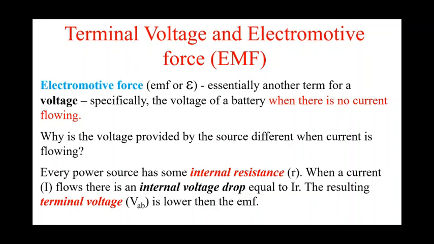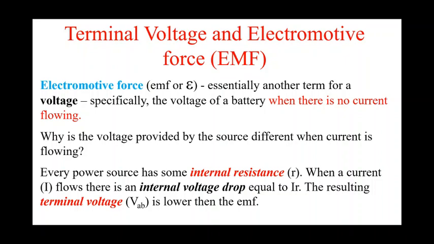Now, why would this be different than if the battery was in a circuit and there was current flowing through? Well, the answer is that pretty much any device producing voltage, whether it's a battery or a power supply, will usually have some of its own internal resistance. So when current flows, that internal resistance will cause a little bit of a voltage drop, equal to the current times that internal resistance. That will then reduce the actual output voltage of the battery,